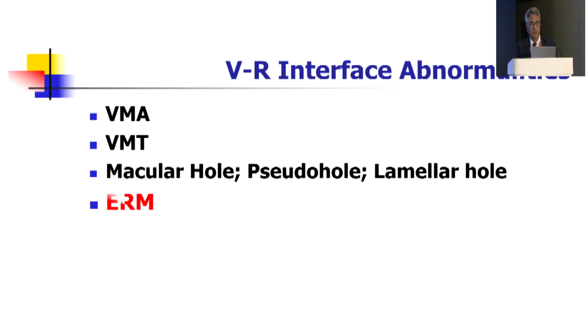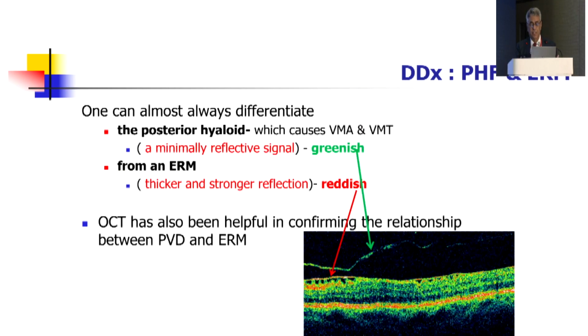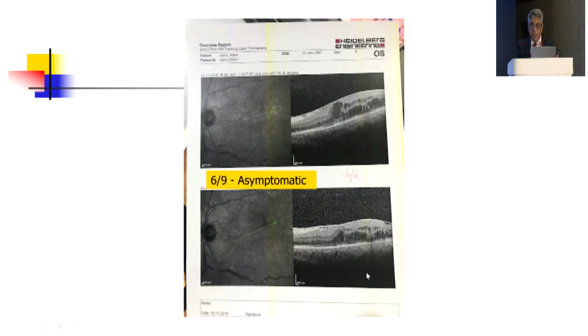The other condition is epiretinal membrane. I will not be touching macular hole. And epiretinal membrane can easily be diagnosed on OCT, because it is more refractile than the hyaloid. But again, not all ERMs require surgery. This patient is asymptomatic. We only alarmed the patient that you have an abnormality. The patient is not aware also. This patient went for cataract surgery, but otherwise had no symptoms at all except for mild blurring of vision